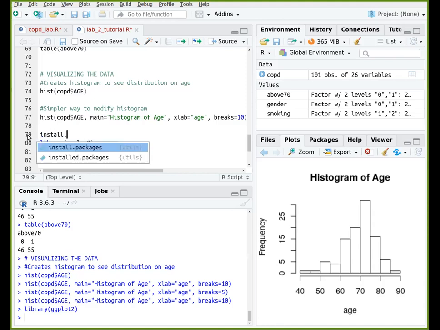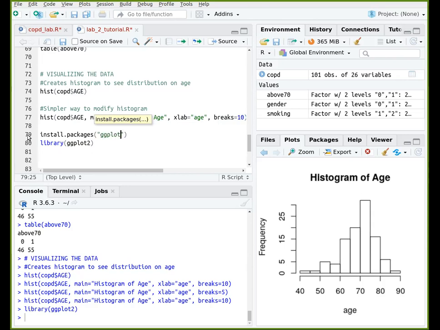And that's a pretty standard statement: install.packages, ggplot2. This will install the package. I don't need to do it because I already installed it, but if you have an issue that it's not coming up, it's because maybe you haven't installed the package. So I'm loading up this ggplot library, which creates nicer graphics. And then I'm going to create a histogram